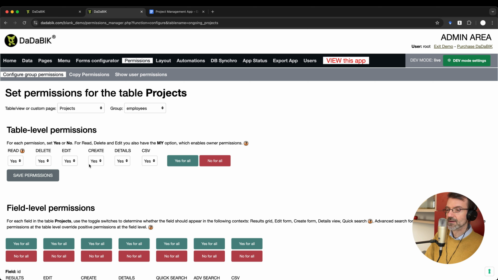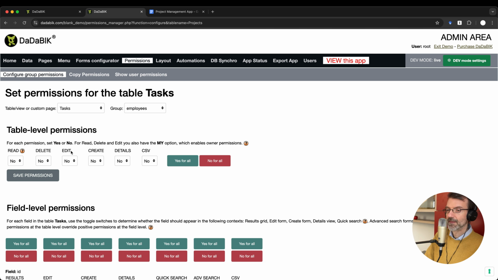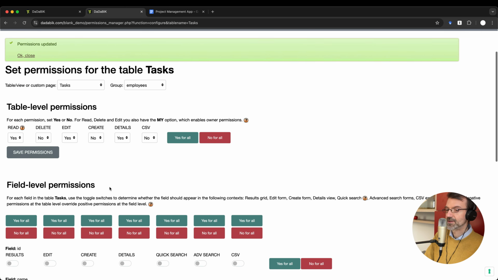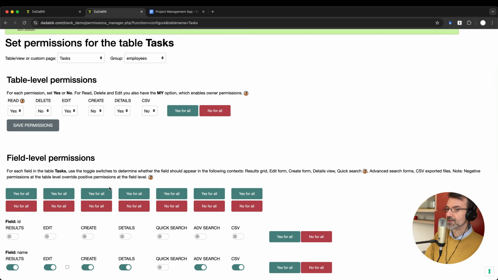Projects, only read and details. And tasks, read, details, and edit. Save. Table level permissions. Now we move to field level permissions, because we don't want to leave all the fields editable,